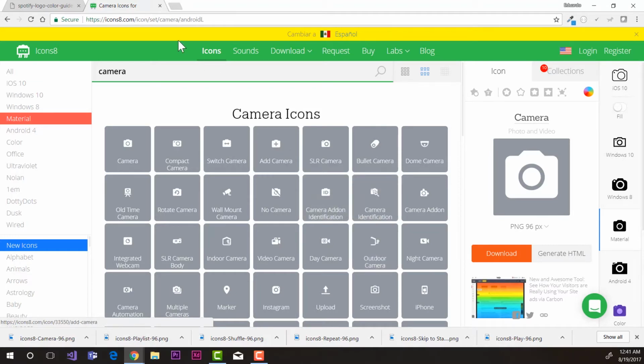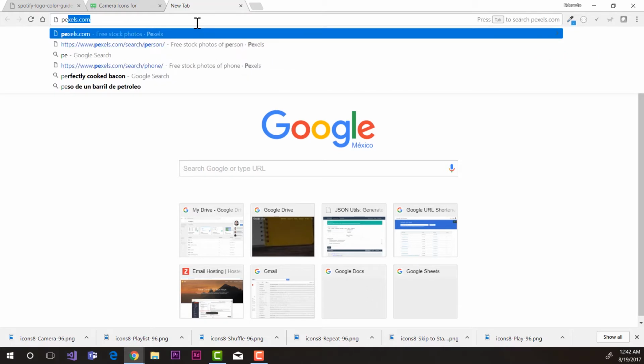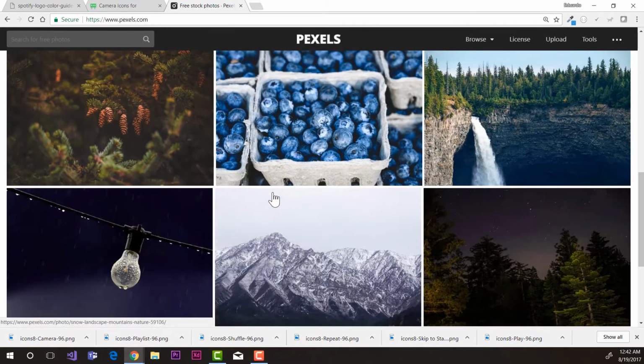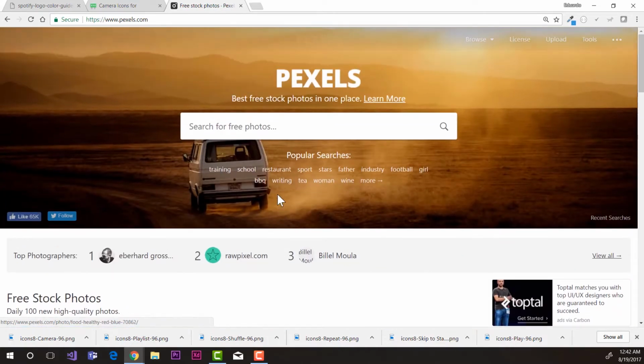The next thing that we have to do is get some images. Now for this Spotify scenario, the ideal thing is to search for the art of the albums that you would like to see inside of Spotify. In case you're doing the design for something else, Pexels is actually a very good library of photos that you can use to search for pretty much any kind of photo, really. So this is actually a very good library that I recommend for you to use